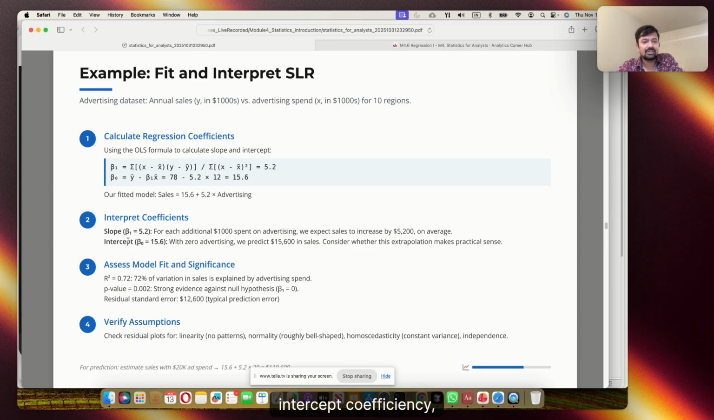Then the intercept coefficient, definitely you have the slope. For each additional $1,000 spent on advertising, we expect sales to increase by 5,200 on average. So this is your slope, which is telling you about the data. The intercept is 15.6, which means with zero advertising, we predict